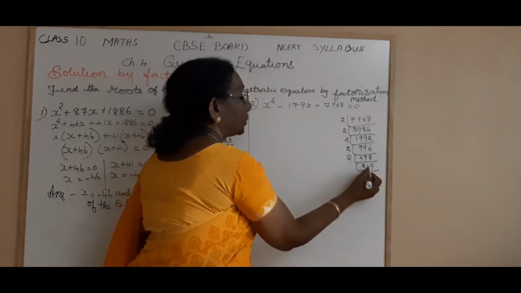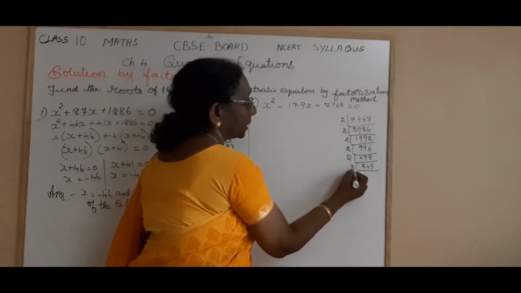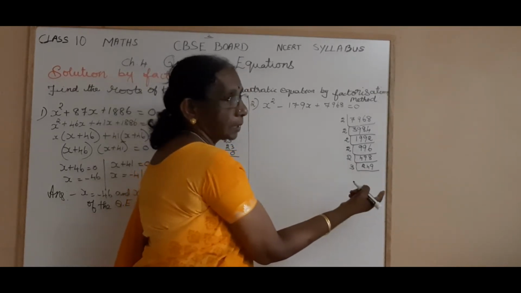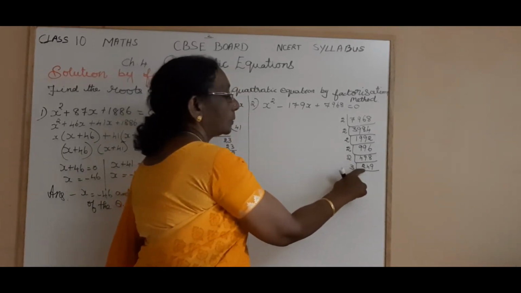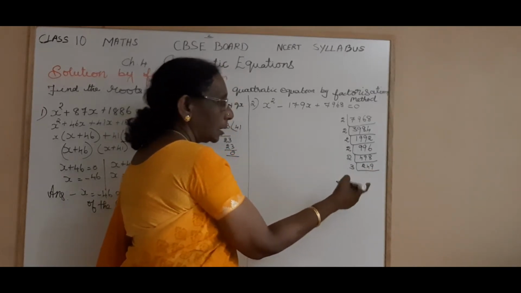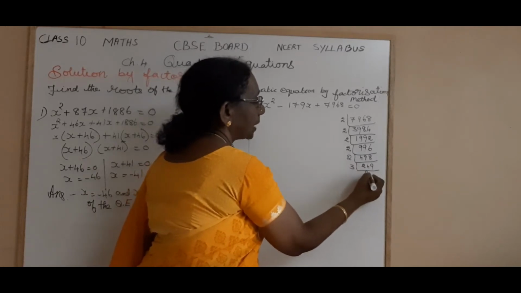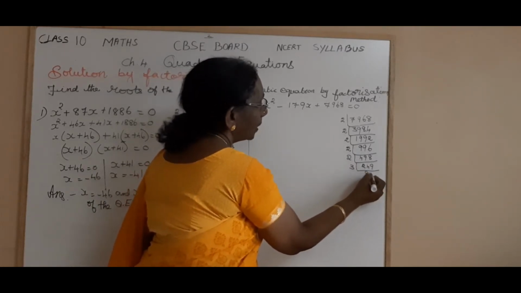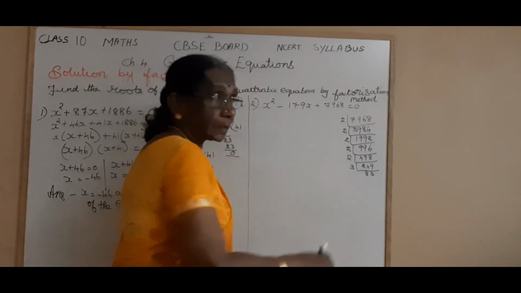Now 9 plus 4, 13 plus 2, 15. It is divisible by 3. It is not divisible by 2. Check with the test of divisibility of 3. Add the digits. 4 plus 2, 6. 6 plus 9, 15. 15 is a multiple of 3. So it should also be a multiple of 3. So now divide by 3. 8 3s are 24 and 3 3s are 9. Now 83 is a prime number.